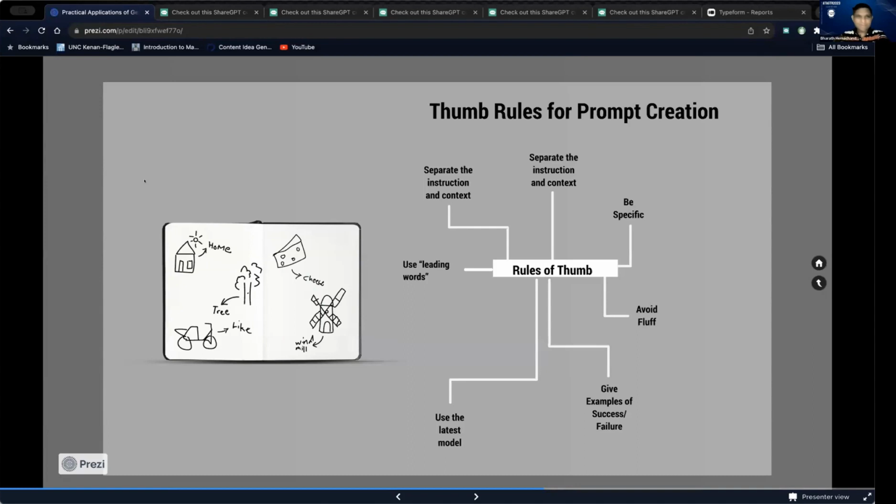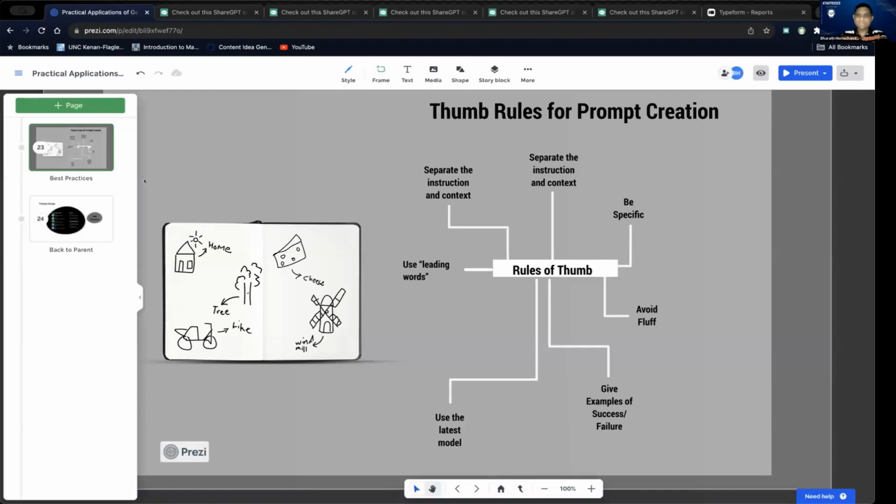And typically, using the latest model is good. It doesn't always work out this way, but the latest models tend to have more or more updated training data, and it is easier for you to work with those, and they tend to have a larger context window as well in terms of the amount of input and output you can get back. So try to keep a lookout for the latest model. However, make sure that if you already have something that is working with an existing model, do not switch unless you have a good reason to do so. Next is,